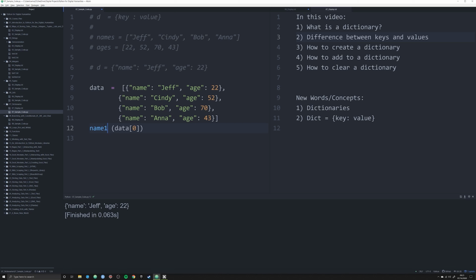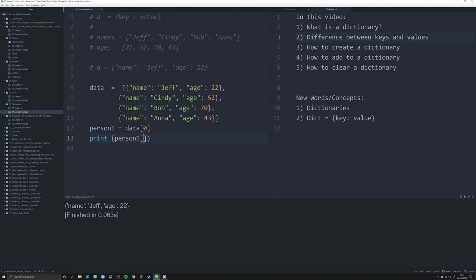Let's create name1. We're going to make that equal to data 0. So if I wanted to figure out, let's just say, person 1. If I wanted to grab the information for person 1, I can print off person 1, open and a close